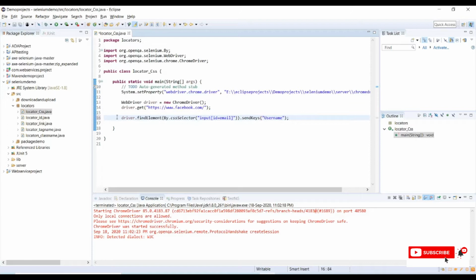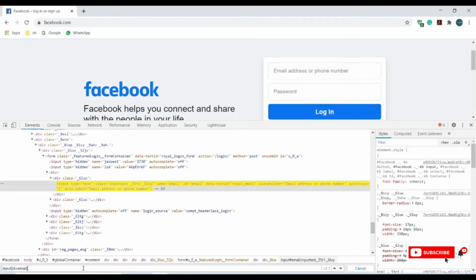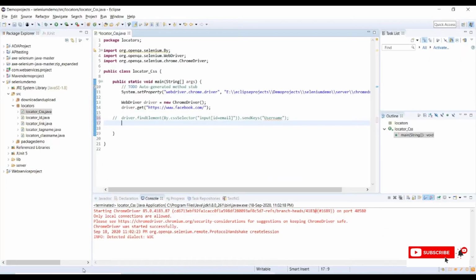Let's use another approach where we use a special character like hash to find the IDs. For IDs we can use hash, and we need to provide the ID value. The ID value is email, so it's pointed and it is 1 of 1. Copy this ID and go to Eclipse again: driver dot findElement by CSS selector, and under the selector provide this value.